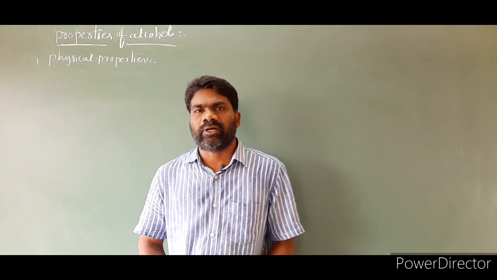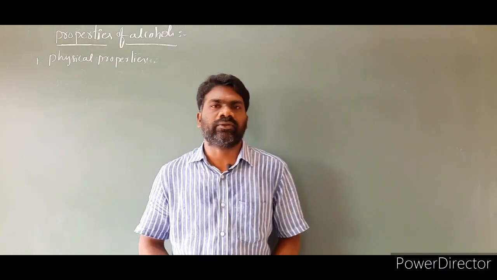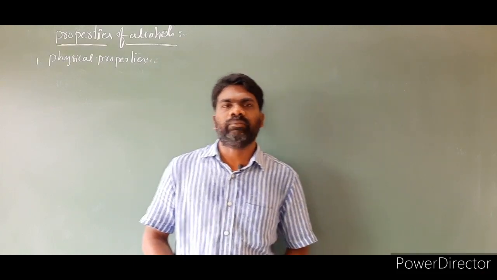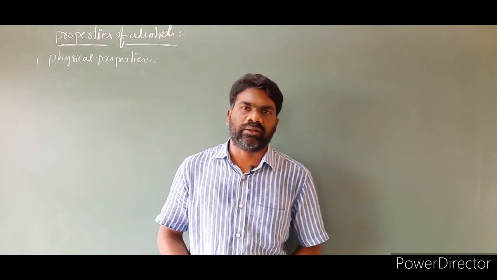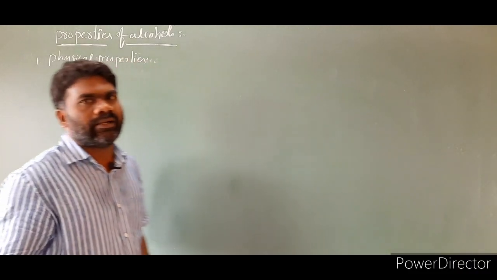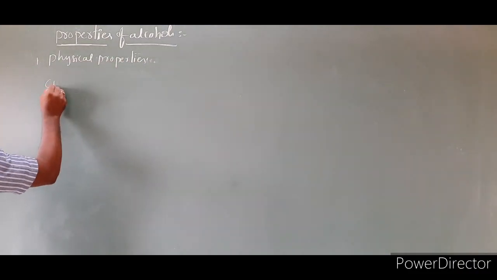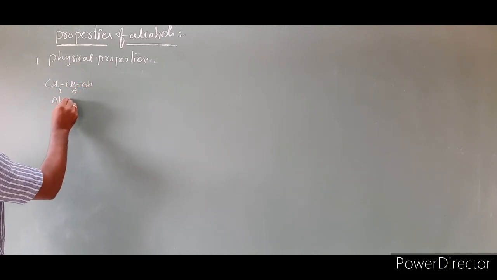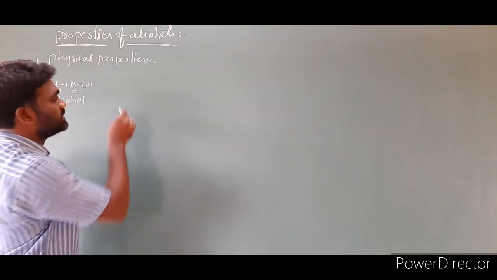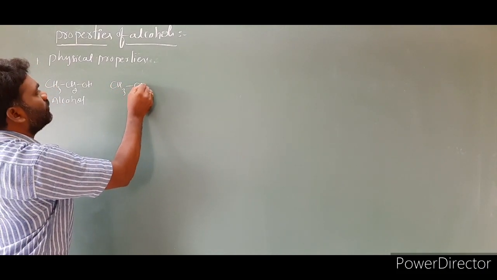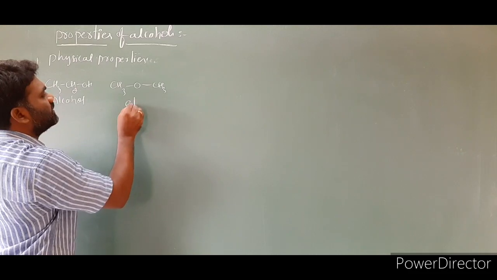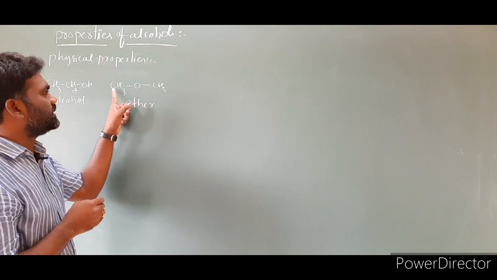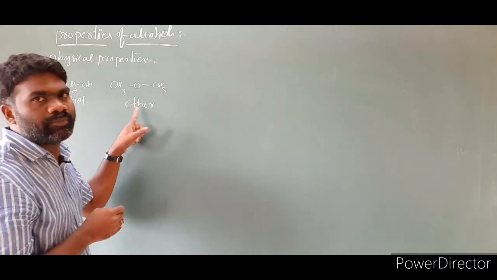The boiling points of alcohols are greater than ethers and hydrocarbons of comparable molecular masses. It is due to the presence of intermolecular hydrogen bonding in alcohols. Let us understand this statement taking an example. I am taking an alcohol, CH3CH2OH. This is an alcohol. Right? I am taking an example ether, CH3OCH3. This is ether. In ether, oxygen is separated by the 2 carbons. If oxygen is separated by the 2 carbons, we have to consider these compounds as ethers.